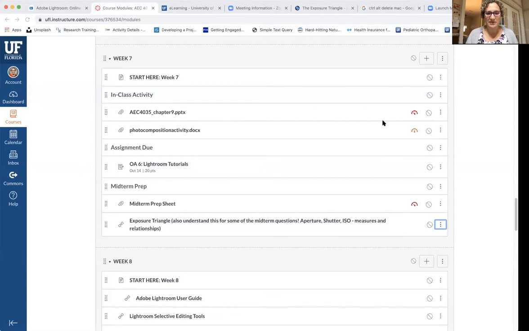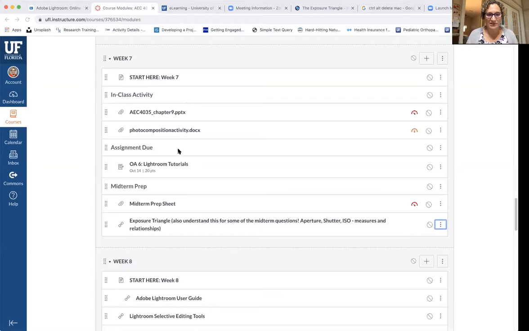When I publish this week 7 module, you will notice we have an in-class activity this week. We're going to get out the DSLR cameras again. I have a composition scavenger hunt I would like you to go on. You will briefly learn in class about the chapter 9 and 10 readings and composing photos following the rule of thirds, leading lines, and repetition, and I will discuss these in class. Then you will get out the cameras and take those different types of photos and submit them